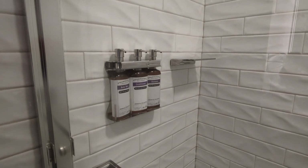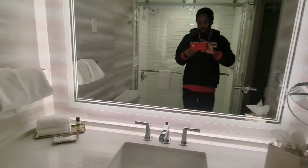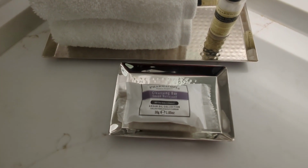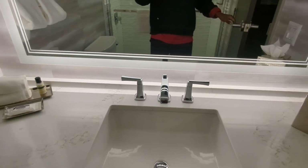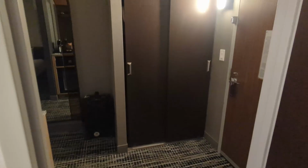I'm not even gonna try to pronounce that. Come over here, you got that big mirror. Those are the standard amenities for Hyatt Regency right there. Nice and clean in here. Good job, folks. And we're turning to look straight at